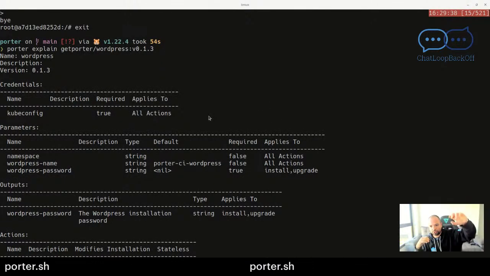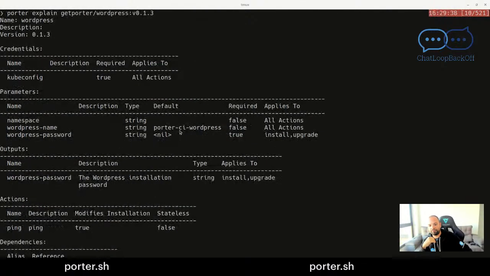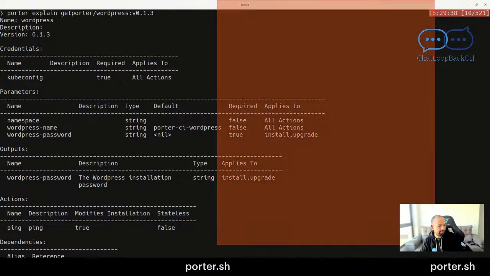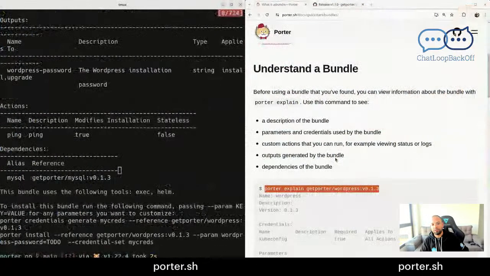So you have credentials, you have parameters, you have outputs, and this explain is only a good way to visualize this information, to visualize how these things are running. Okay,